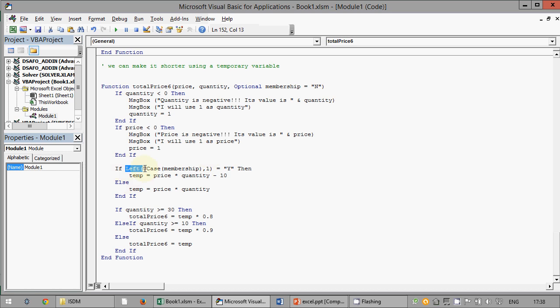This Left of blah blah blah, comma 1 means take only the leftmost character. So we take membership, convert it to uppercase, and then consider only the leftmost character.